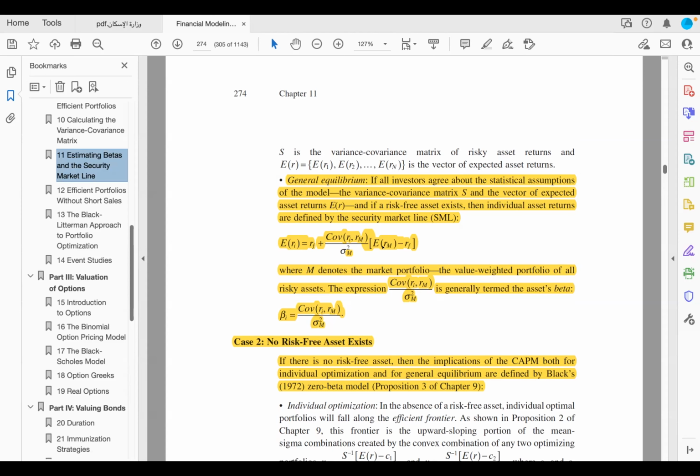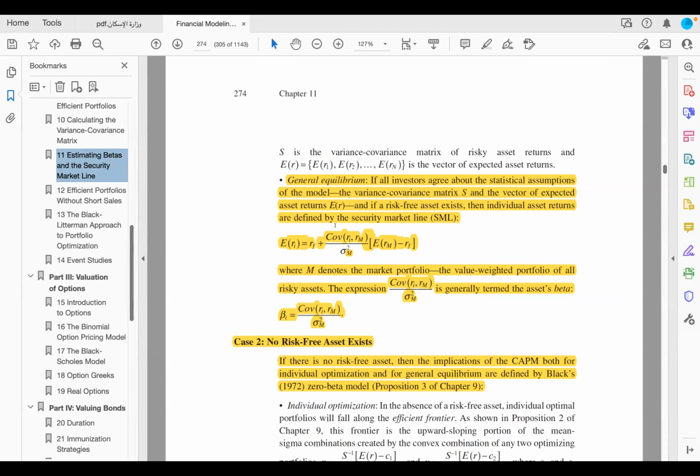Now we are replacing X with the market portfolio M, which is the Dow, for example, or S&P 500 index, or Dow Jones 30 index, and so on, minus RF multiplied by, now instead of sigma P,